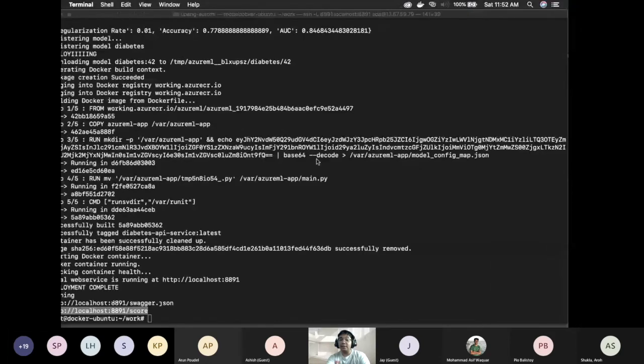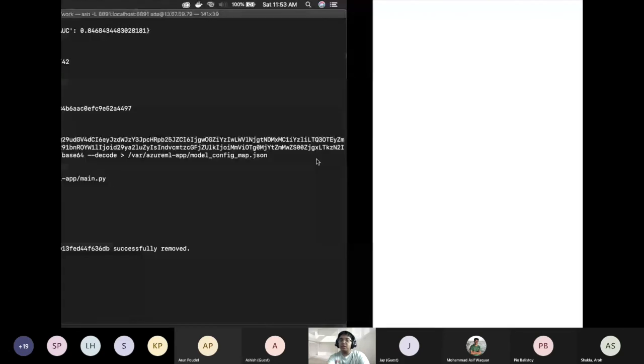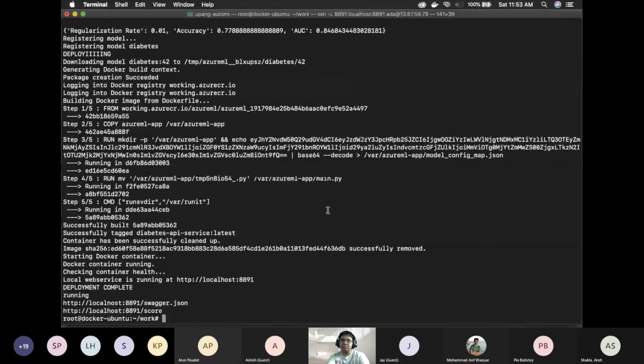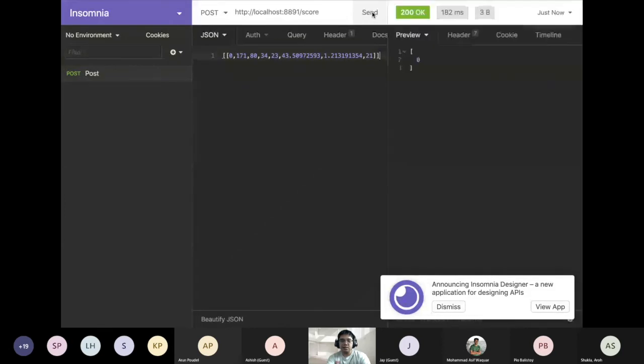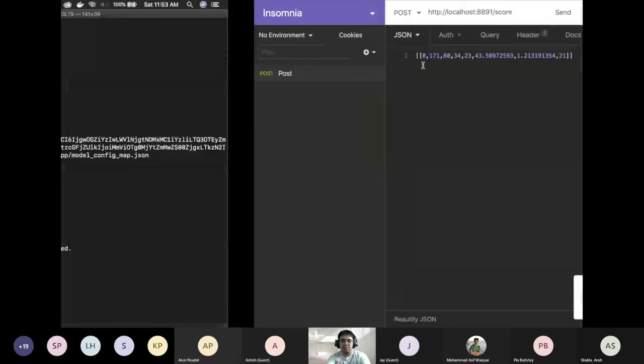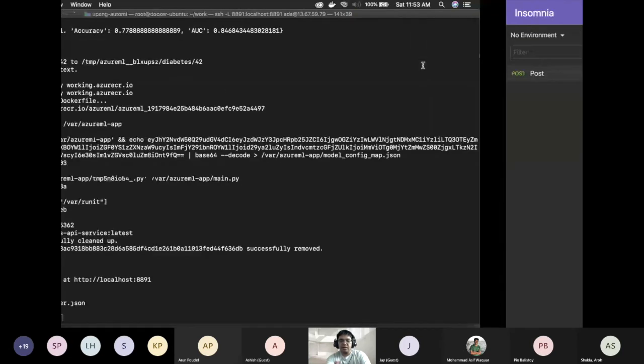So we're going to query it now. We have deployed the model to our local Docker container. This is actually pretty quick. There we go. So I already set it in here, but we can change this. So we can hit this and send. So we're getting 0. Let's actually try something else from the data to see. Let's find a 1 result.